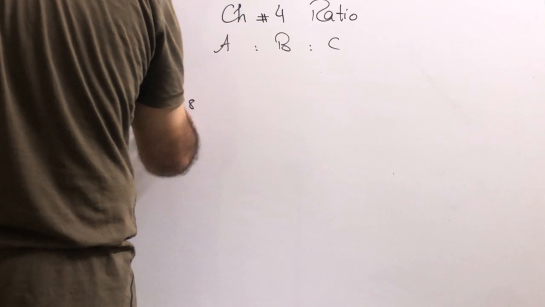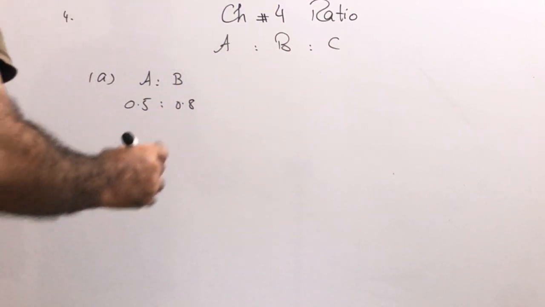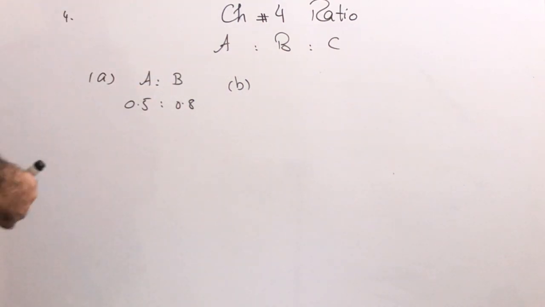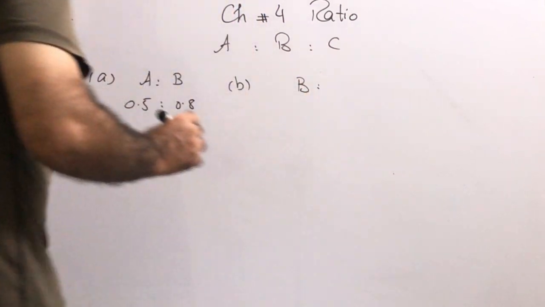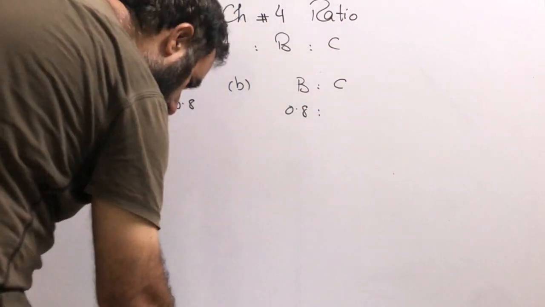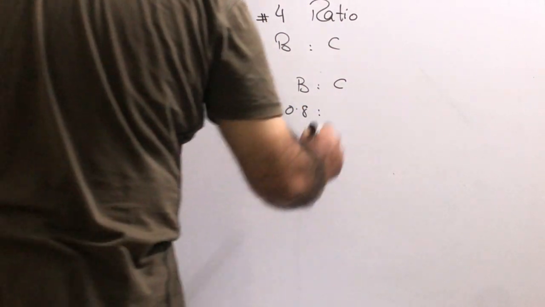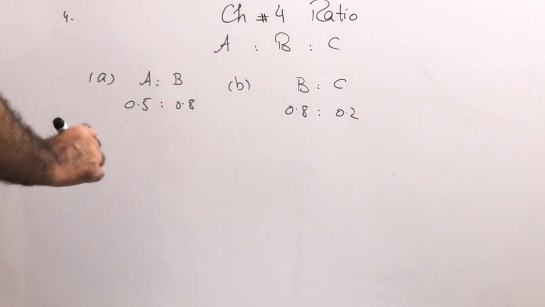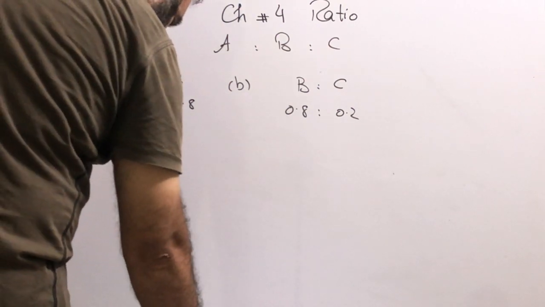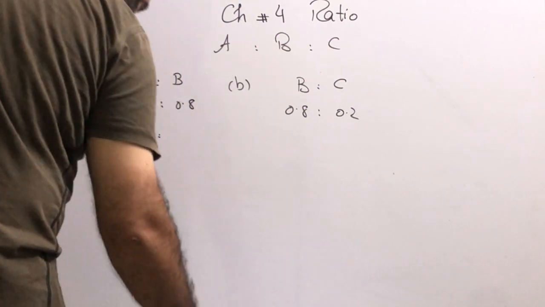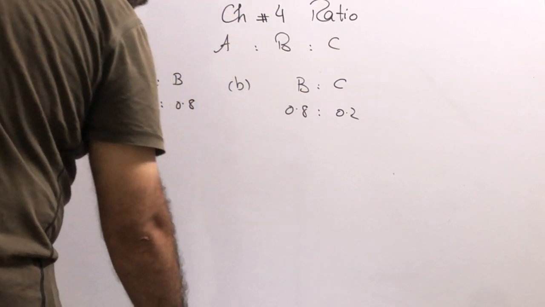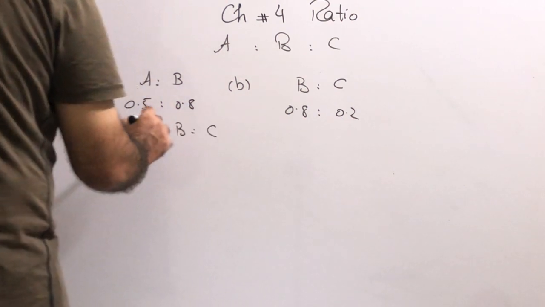So this is the ratio of A to B. Then part B is the ratio of the amount of water in beaker B to the amount of water in beaker C. B we know is 0.8 liter, and in C we need to read, it is around 0.2. So this is the answer for part B. Part C says the ratio of the amount of water in beaker A to beaker B to beaker C. A, B, C altogether 0.5,